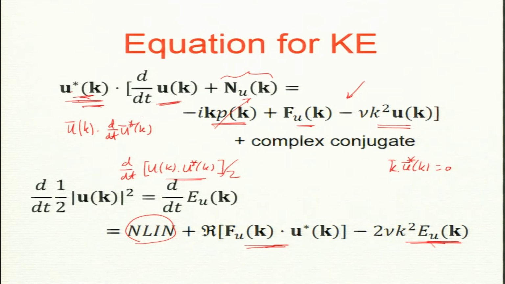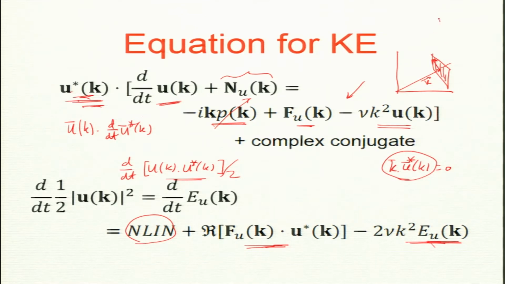Now, I will do it a bit later, but I also want you to slightly understand the physical interpretation of this one. So, k vector is a vector in Fourier space. Which direction is u of k, or which direction can u of k not have any component along? Since k dot uk is 0, it has to be perpendicular to k. So, it lies in this plane perpendicular to k. So, it has no component along k. So, u vector lies in this plane.